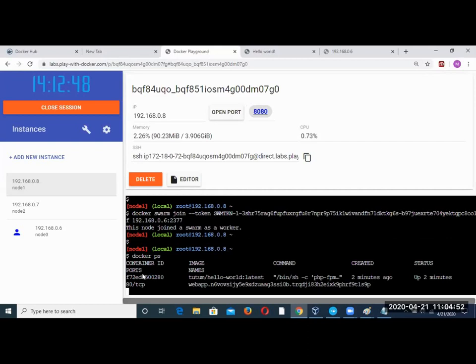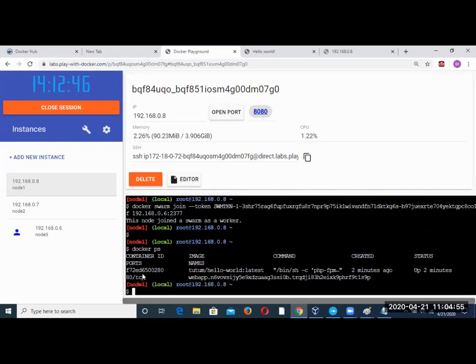See, this also has Tutum Hello World. In reality, I pulled this Hello World into the master and it is running on the master. But these two are workers, so it is replicated on them when I made it global. They all got this image, and now they are supporting the master. When I access it on the master, in the background these workers would be supporting the leader. So right now there is only one container made.